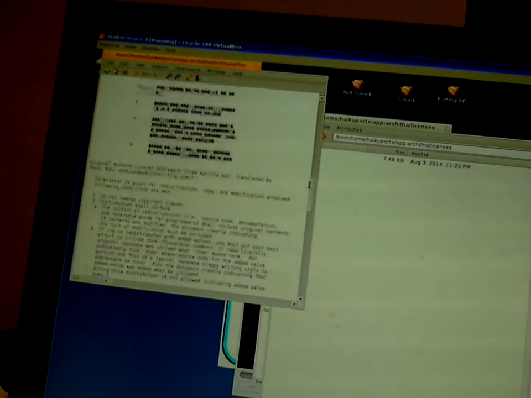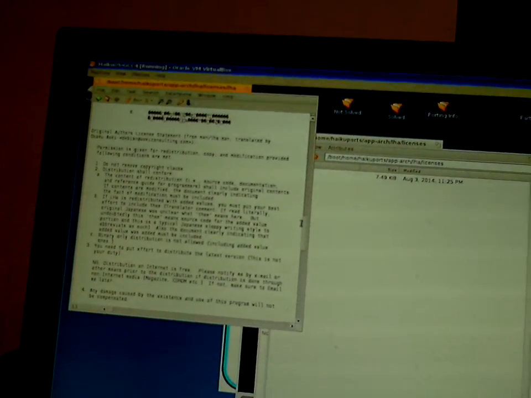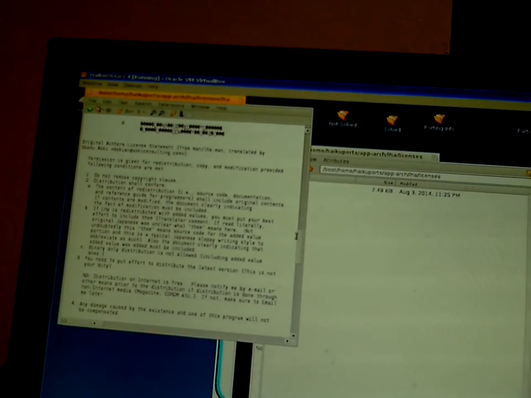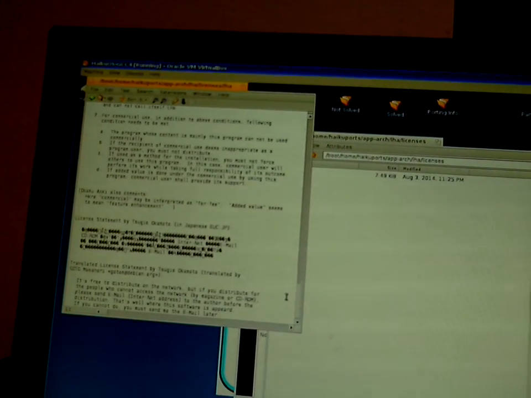It's in Japanese. That's why. Okay. Alright, so